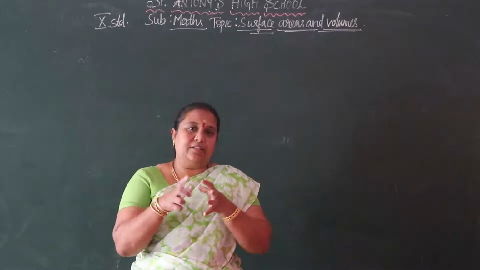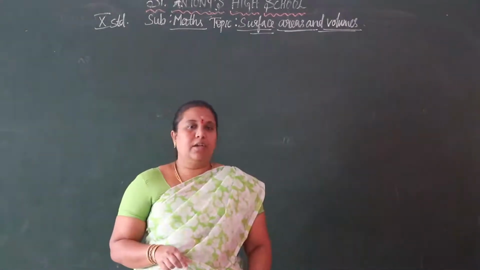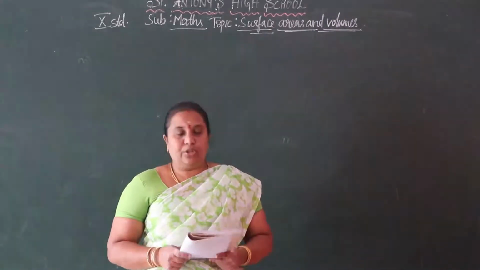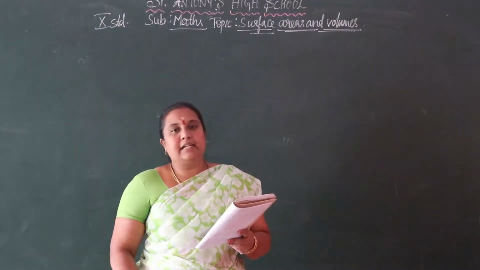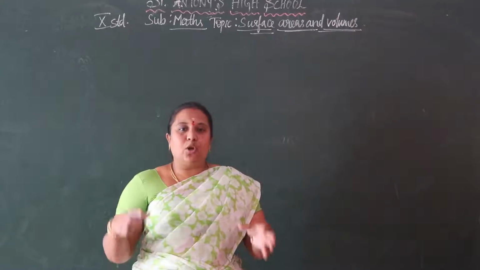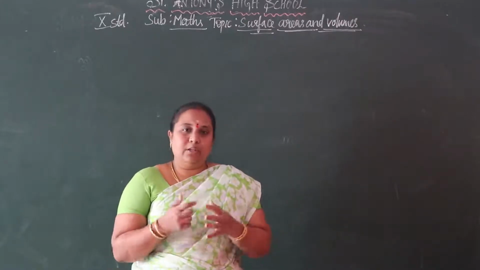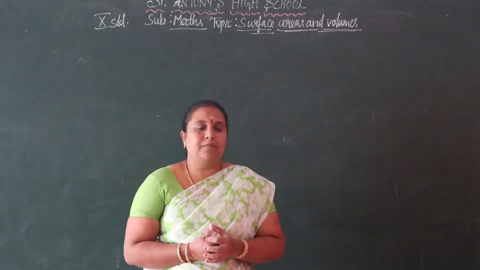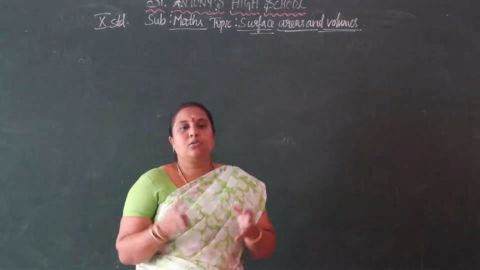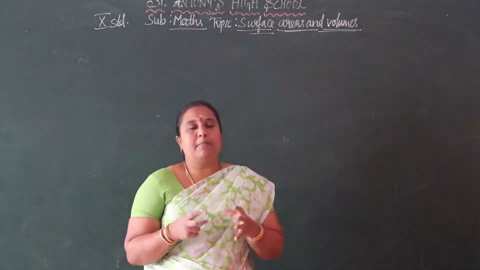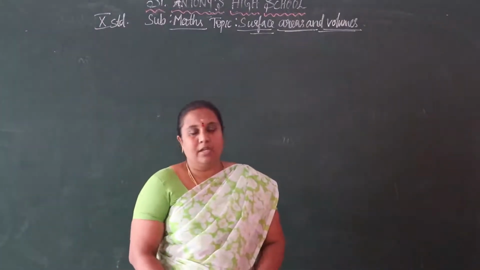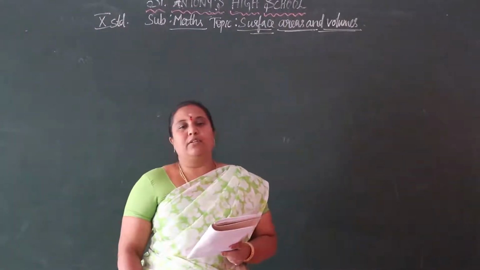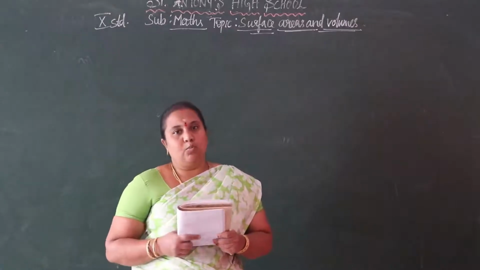2 cubes are attached to one another. Okay, so the 2 cubes we are attaching end to end. Find the surface area of the resulting cuboid. So when we join 2 cubes, we get a cuboidal shape. Okay, cuboidal shape. So 2 cubes are joined to one another end to end, we get a cuboidal shape. Isn't that so, children? Okay. So for that cuboid we have to find the total surface area.